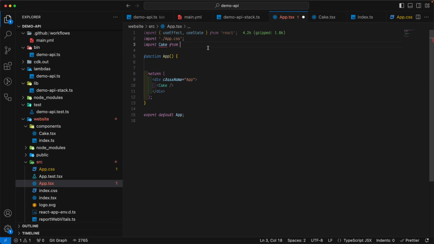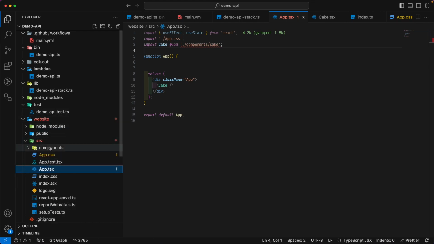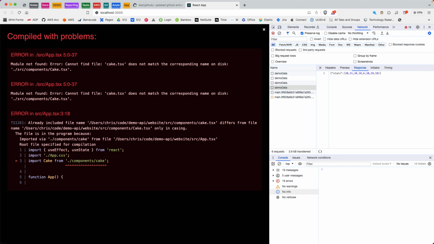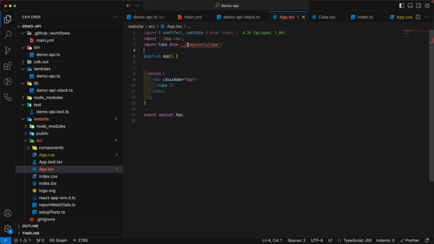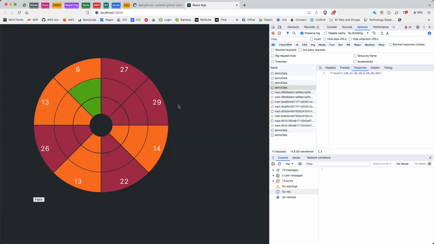I see the issue. Our components folder should be within source, not out on the root of the website. There we go. If we save that now, I'm hoping that will behave. Let's see what's happened on the front end. I think I might have done a typo there. Right, there we go. So there's our 3 pie charts all stacked on top of each other, and depending on